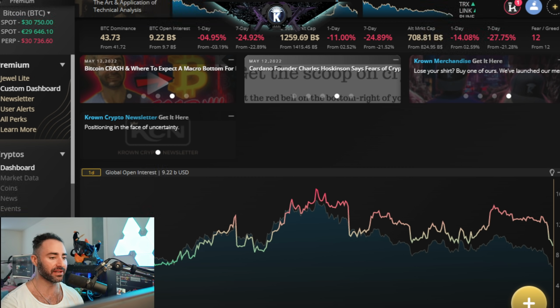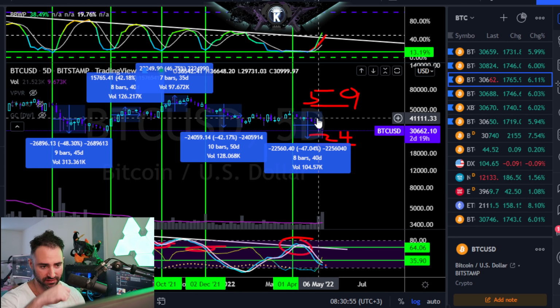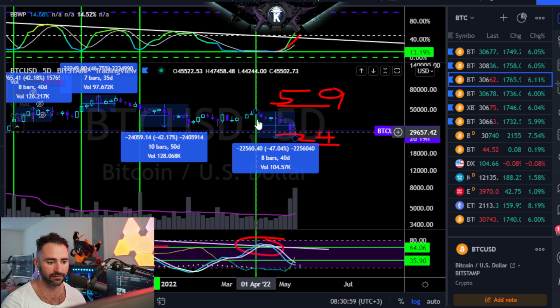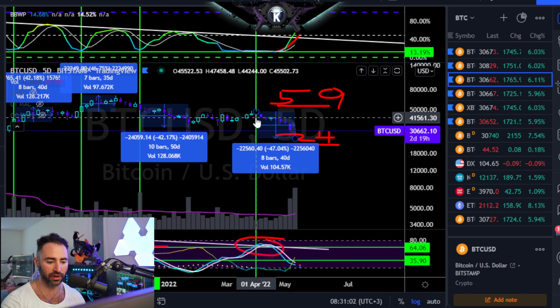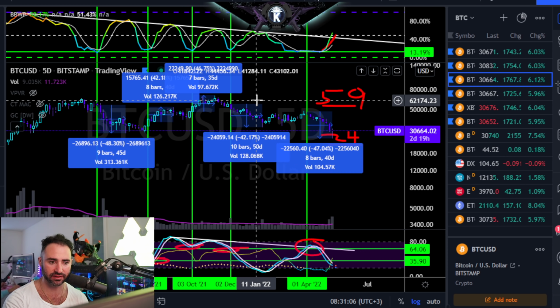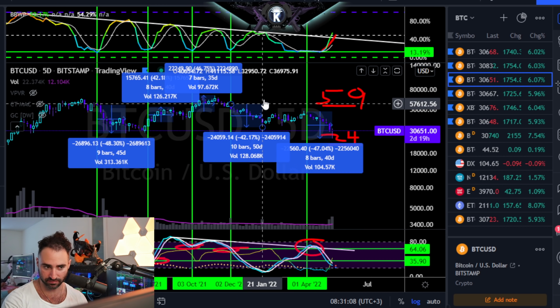Here we go for Bitcoin, starting off with the 5-day chart over here. This is the chart that's essentially been telling us to be bearish on this channel for the past couple of months, going back to that 1st of April move over here where momentum started to pivot to the downside. And I wanted to go back and analyze this now that we have pretty much the move here.